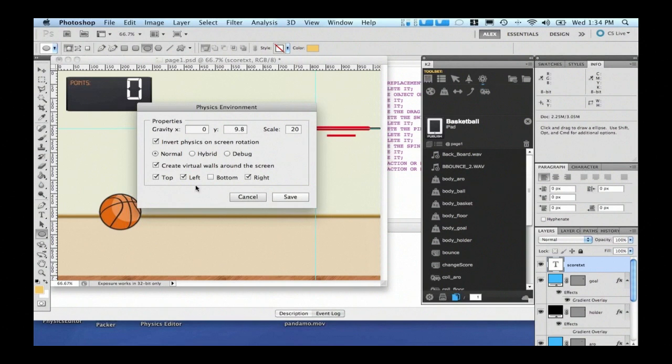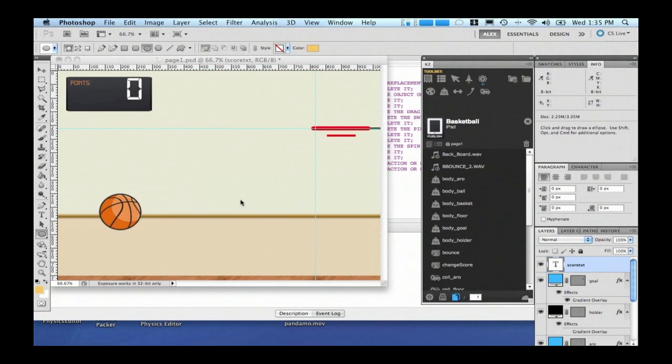In this scenario, I'm asking Kwik to create a wall in the top, in the left, and in the right, not the bottom, because I have the floor here. Why am I telling you this? Because if I'm not setting walls and the ball goes up out of the screen, it will not come back. So if you set walls, it will bounce when it hits. Again, you don't need to create it. Kwik can do it for you quickly.